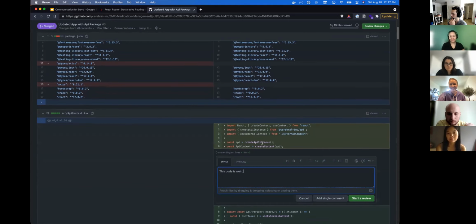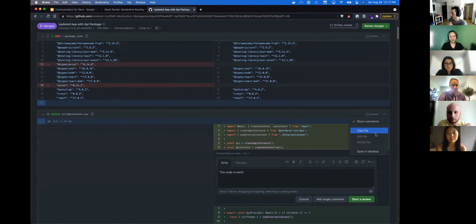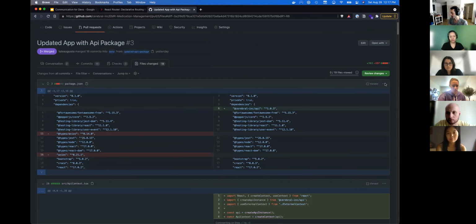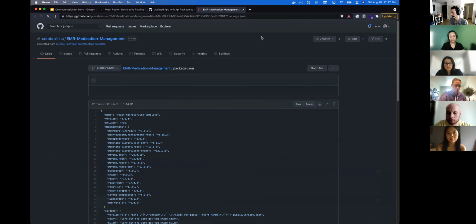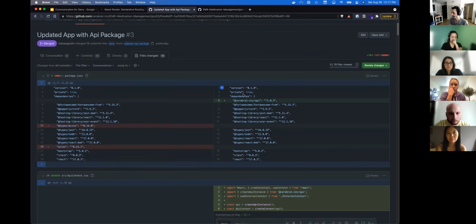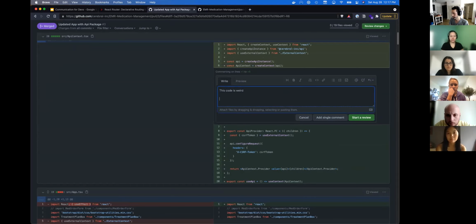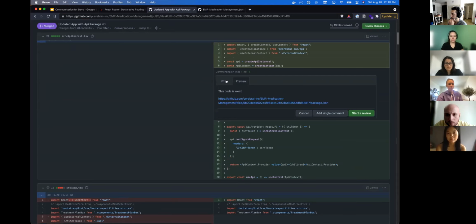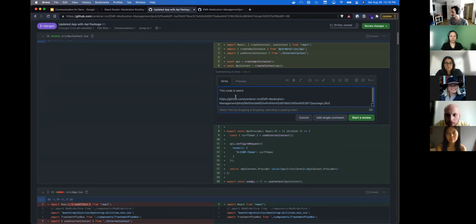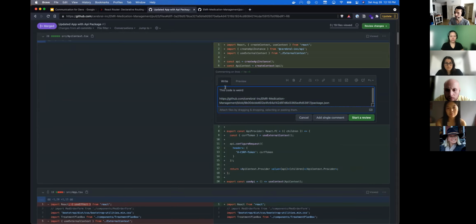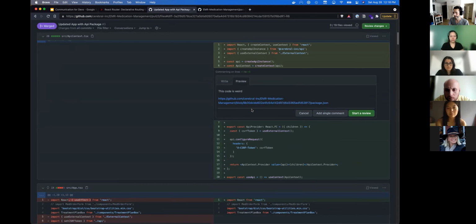But if I also wanted to link to a particular file, say I want to link to this file, I can copy a link to the file and put it in here. It can show a preview of code if you put it in here. And if I click add comment, it'll add it. But you can select code and you can add it in comments so people can understand what you're referring to.